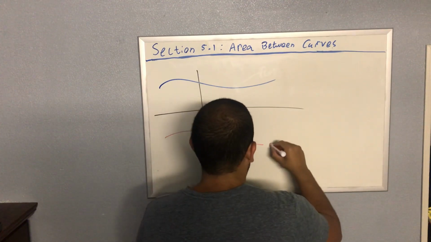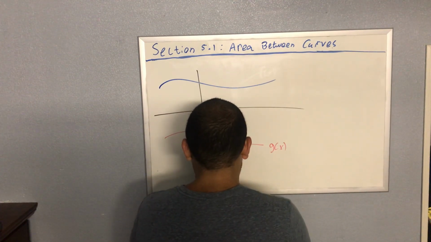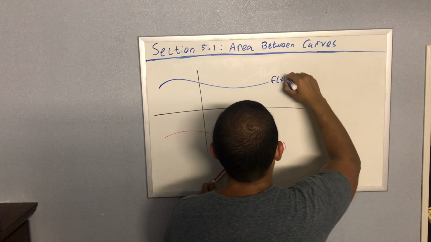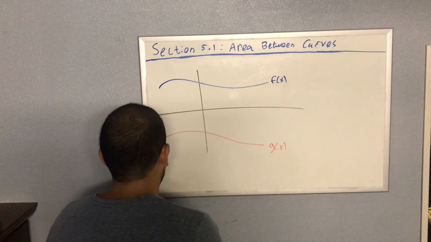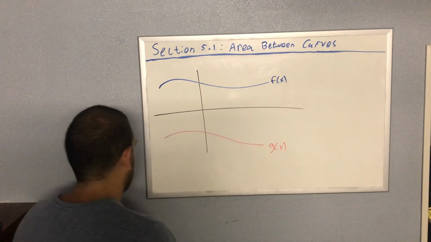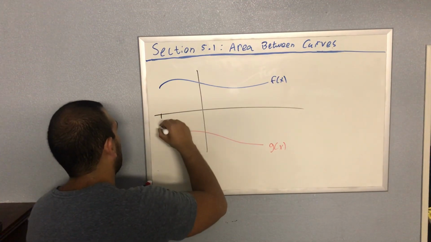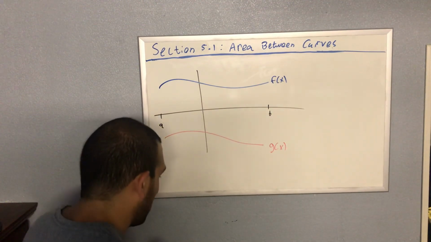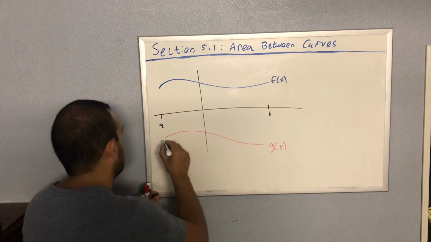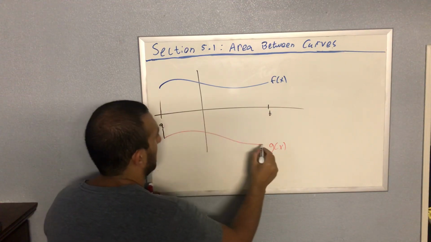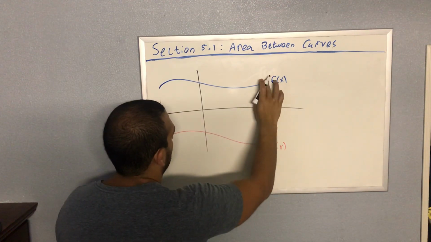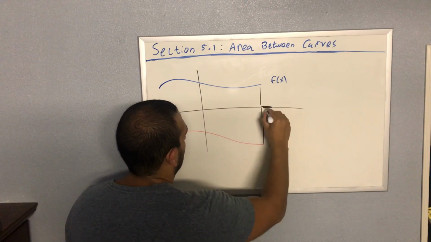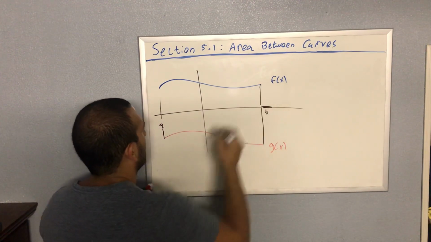So this was g of x, this was f of x. Okay, and then here was A, here was B. Again, I should have put B a little earlier. Sorry about that. So if we want to find this area here,